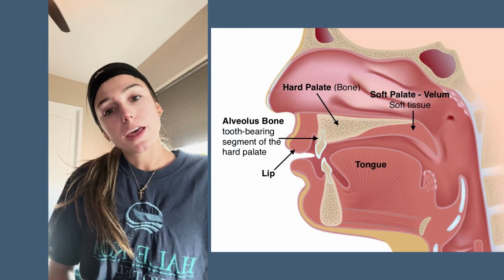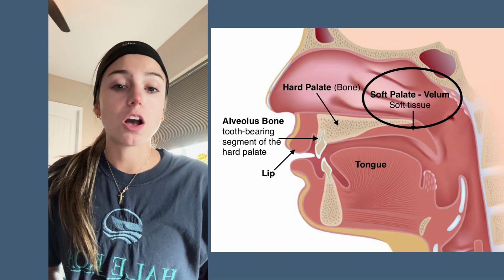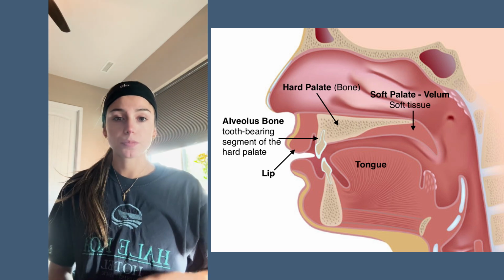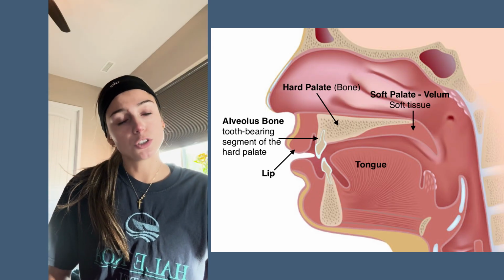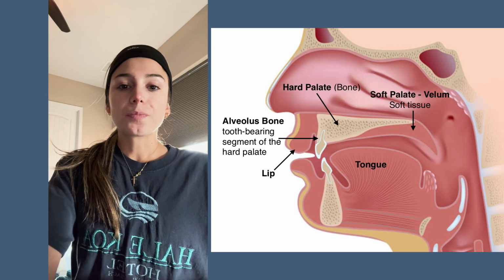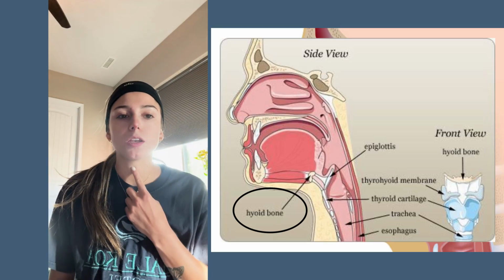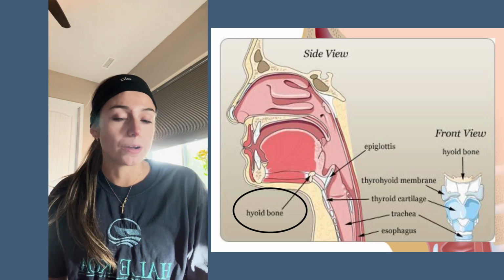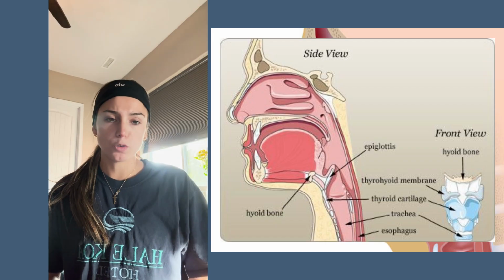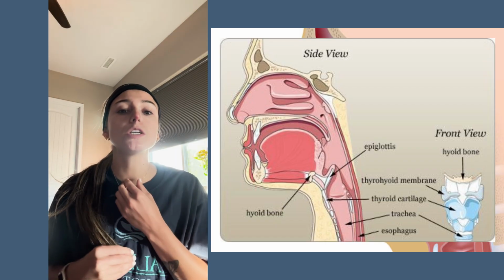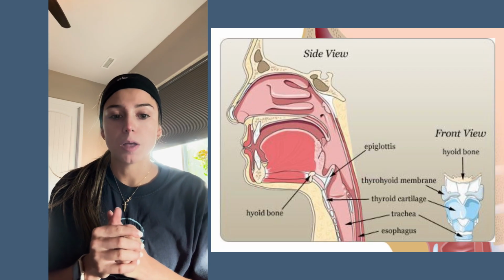So first, the soft part of the roof of your mouth, behind the hard palate, closes so food or liquid doesn't get up into your nose, which would be very uncomfortable. Next, at the same time, a small bone in your neck called the hyoid bone moves up and forward, and this movement pulls your voice box upward and behind it, helping to